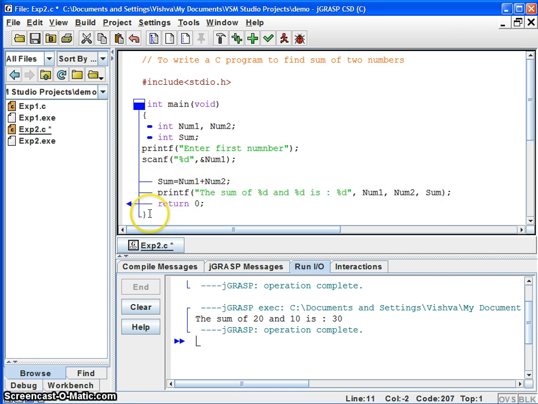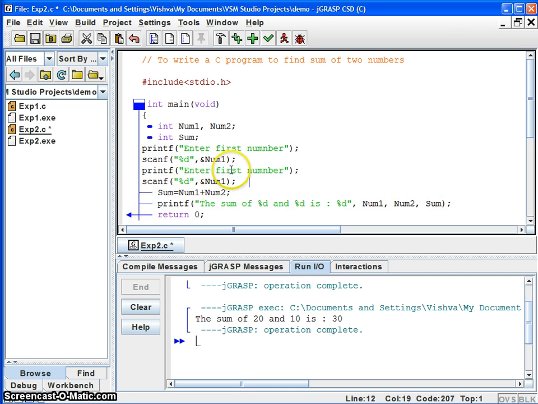You can copy and paste, and modify the question to enter second number, and this is supposed to be num2. Now if you see what we are doing in this program, we have declared variables, we declare the sum, we are showing the user enter first number, and it's always good to have a colon termination.